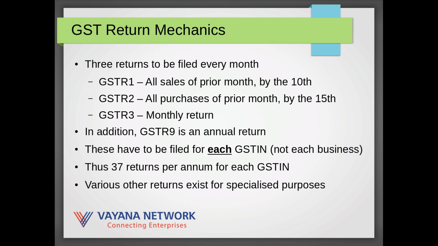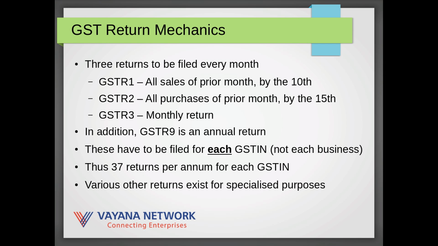The GST R2 is a return indicating all the purchases made in a month, and GST R3 is the monthly return which summarizes all the data across GST R1, 2 and various other information, and that summary when submitted is called GST R3. In addition to these 3 returns to be filed every month, there is one annual return that